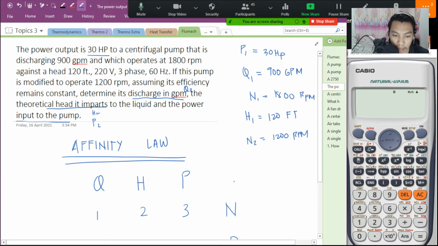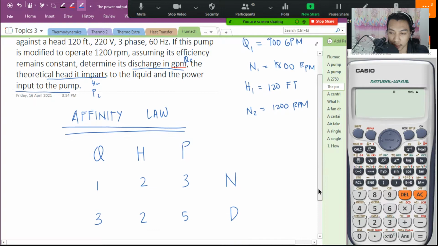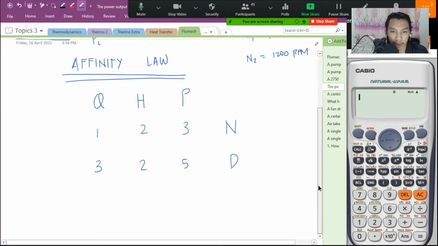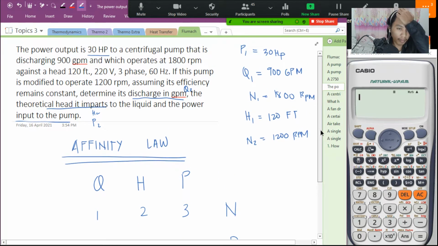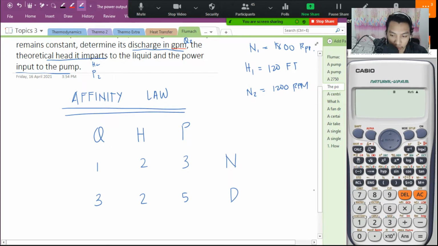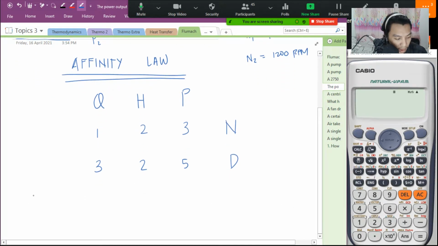Okay? That is P1. So, let us solve muna. Efficiency remains constant. Hanapin na natin si Q2. Q2 over Q1 is equal to,